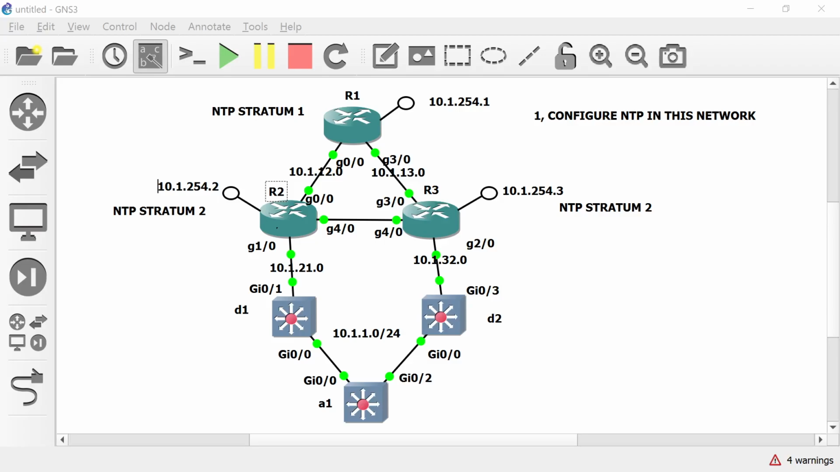This is the NTP lab. We're going to configure Network Time Protocol in this network. We're going to use router 1 as a stratum 1 and router 2 and router 3 as a stratum number 2 for this network. And we will use loopback addresses